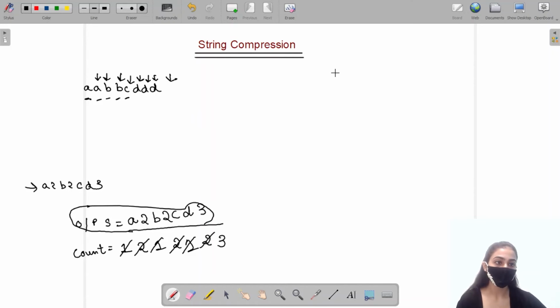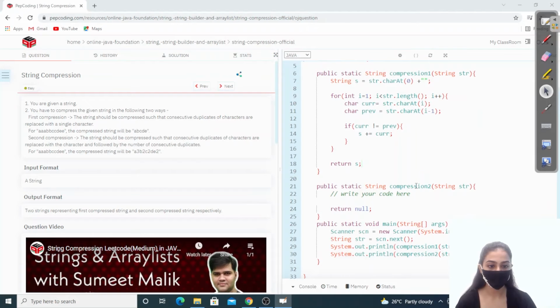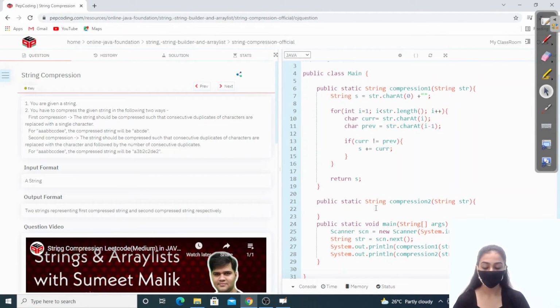So let's just quickly code this. So we want a string. The string s is equal to str dot char at 0, because we want the first character.